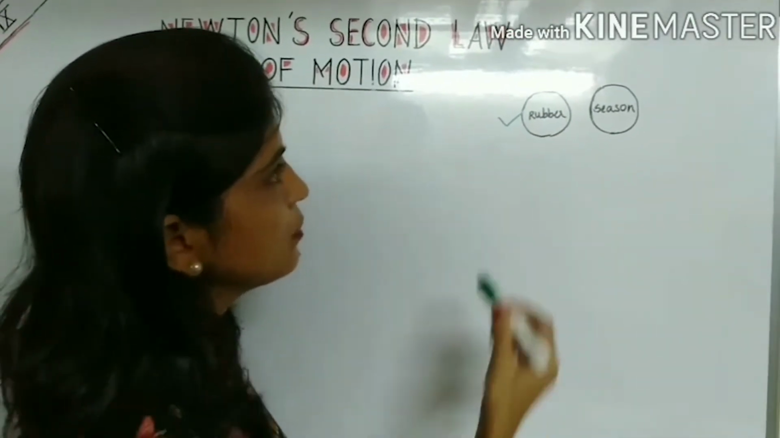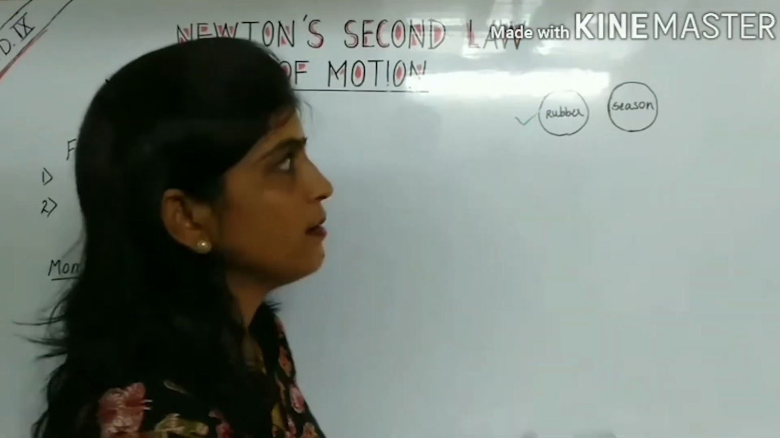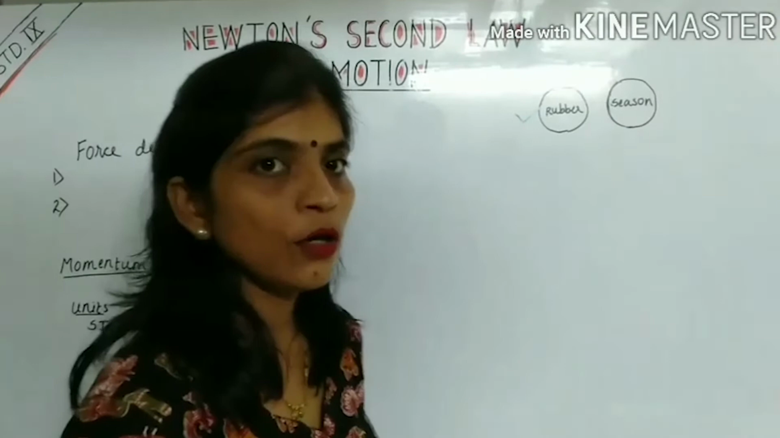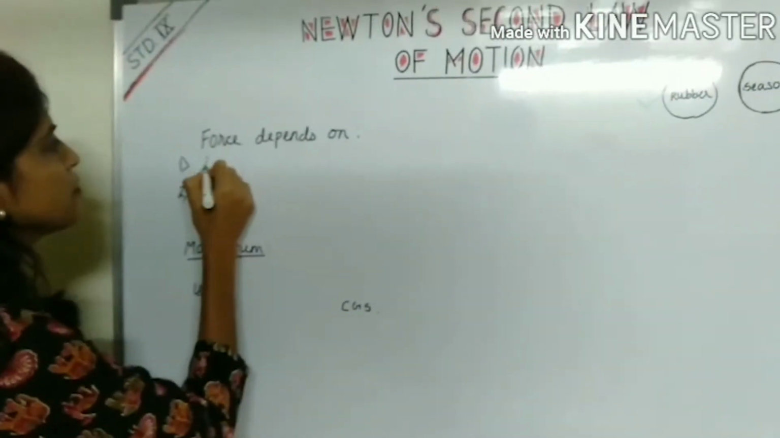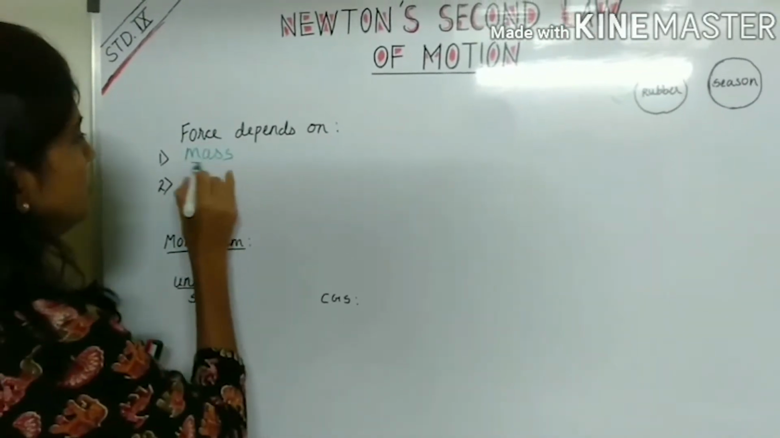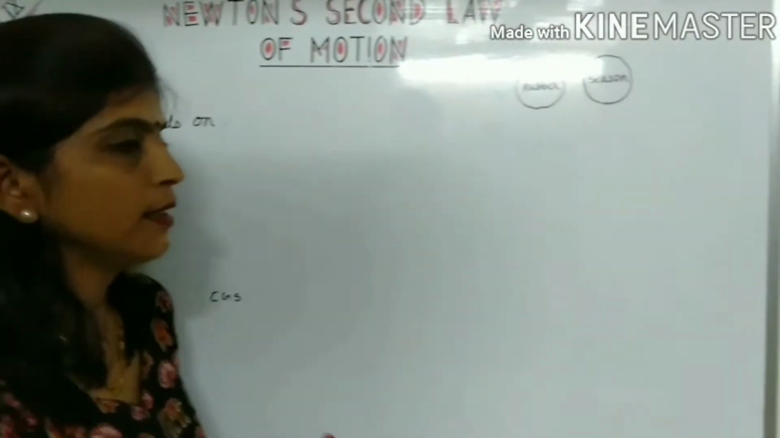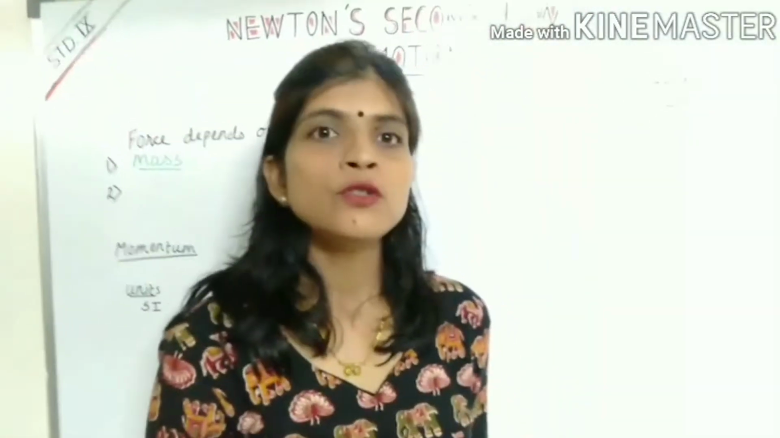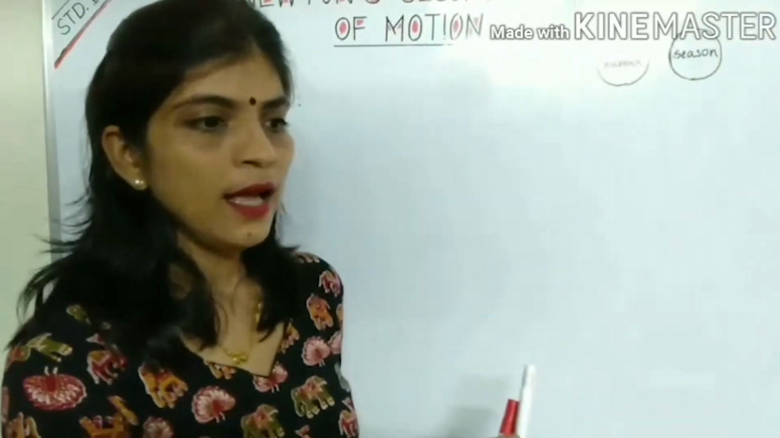That is because the force exerted by the rubber ball will be less on your hands than that of the scissors ball. So force depends on mass of the object. Now in the second case, if you ask your friend to throw a rubber ball once very slowly and